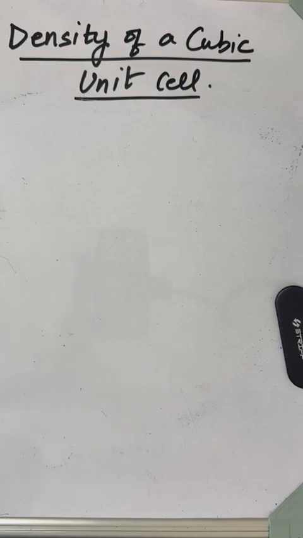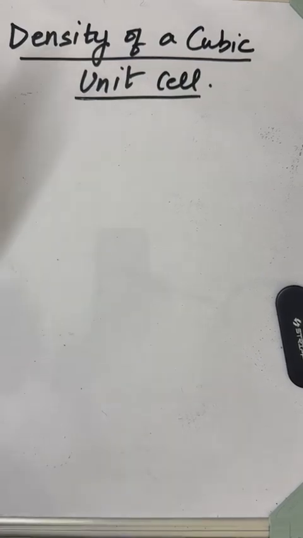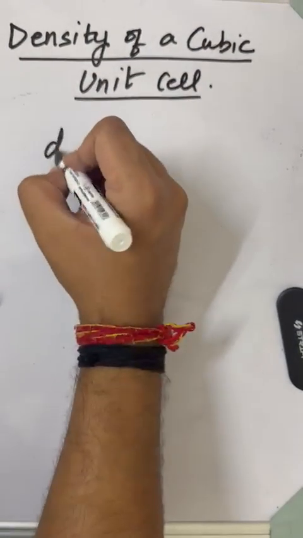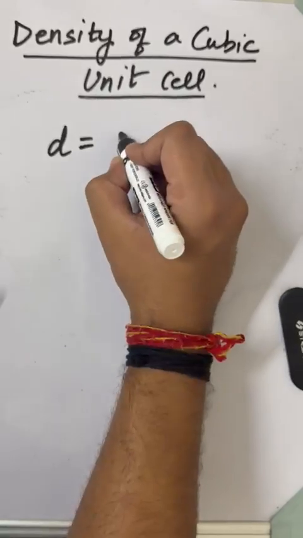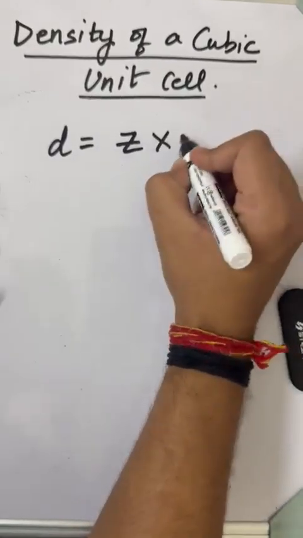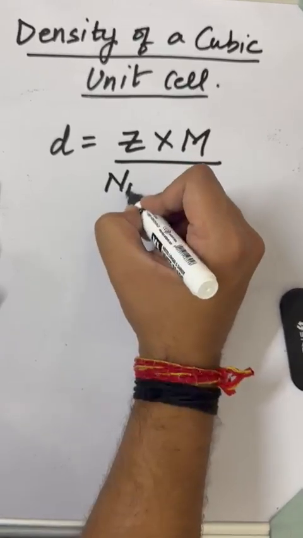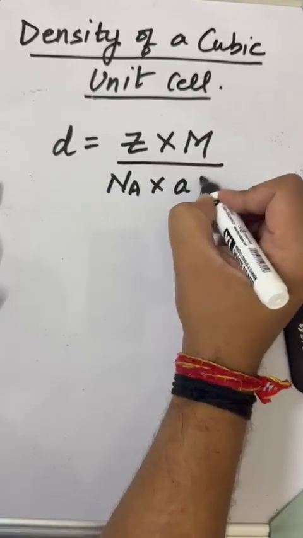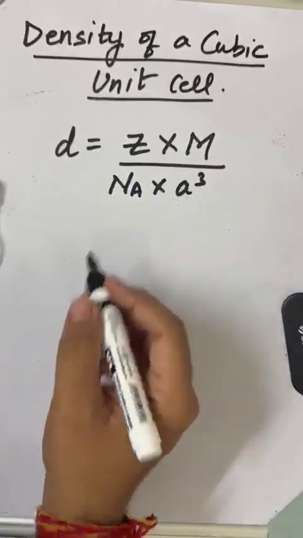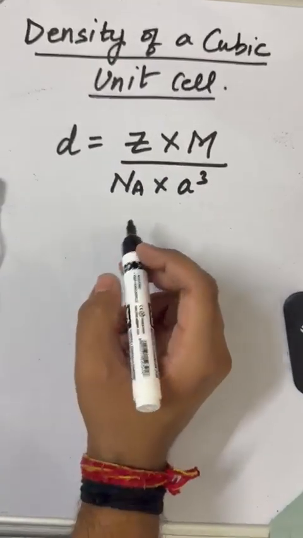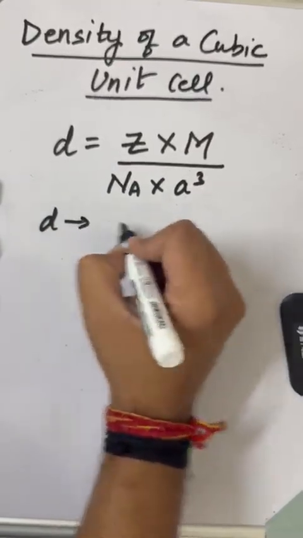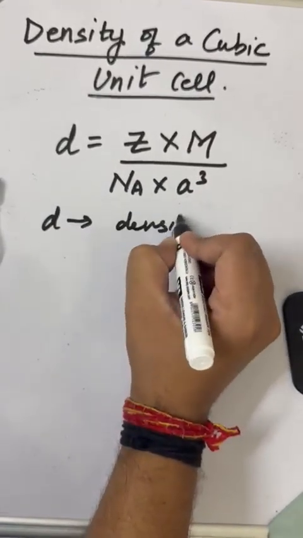So the density has a very peculiar formula which goes by D equals Z multiplied by M divided by Na multiplied by A, the whole cube. So let me tell you what each letter means here. D is nothing but the density,